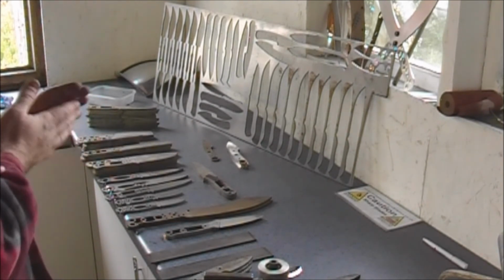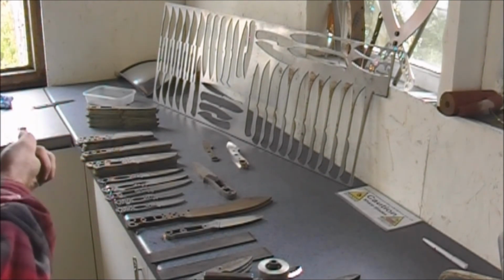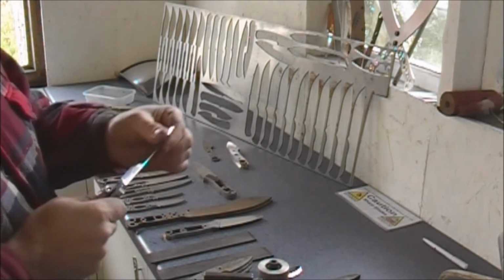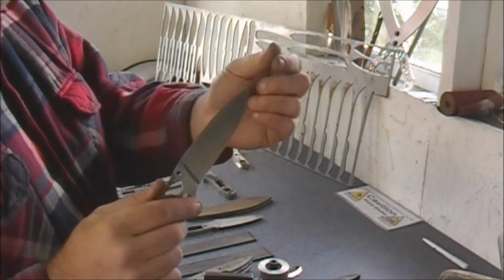So at the moment it's grinding stainless for the next, well, till Christmas I suspect. I've got a few carbon steel ones to get out, and I'll be putting some I found around the shop. This one was an experimental one where I've taken a DJP and changed the profile slightly closer to a bushy,